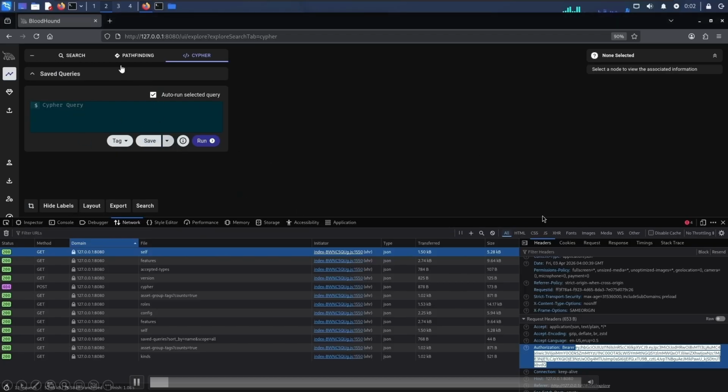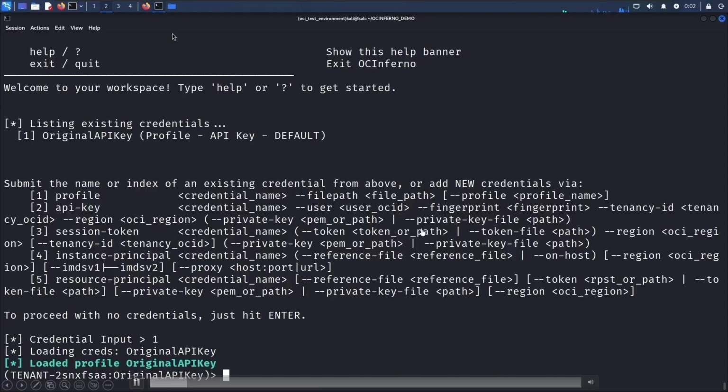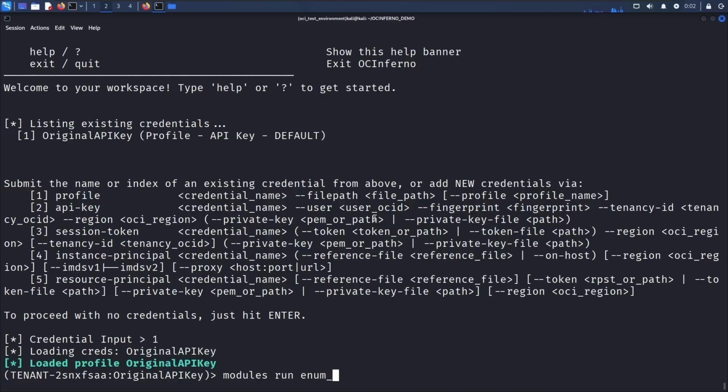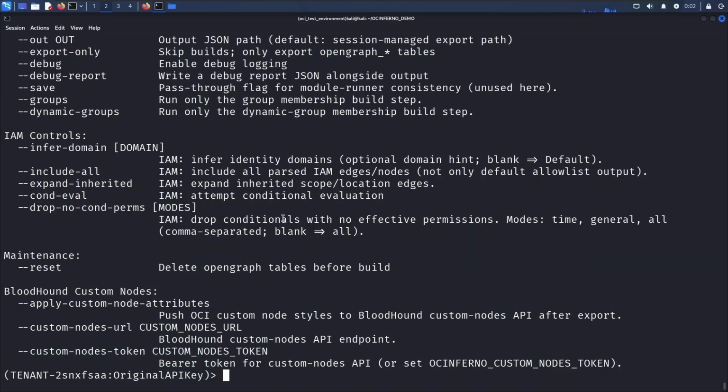So to actually do this in the tool, we run enum all. You're going to set up BloodHound, just the BloodHound Community Edition, which I have set up here. You're going to need to copy one of the bearer tokens. Normally if you run the tool the first time, you need to include that bearer token if you want the fancy pictures and colors. Otherwise, it'll just all show up as question marks in those little nodes. You only have to do this the first time. You don't have to do it for any subsequent times. That's why I grabbed the bearer token to feed in here. Otherwise, for all future runs, you don't need to include that. You can just run it basically like this. So we're going to run enum Oracle Cloud Hound.